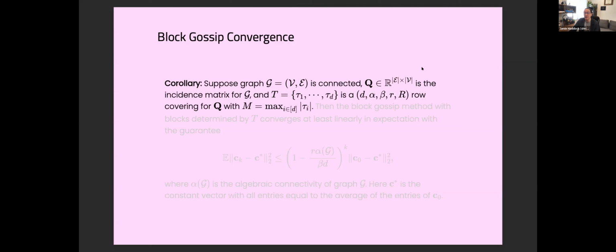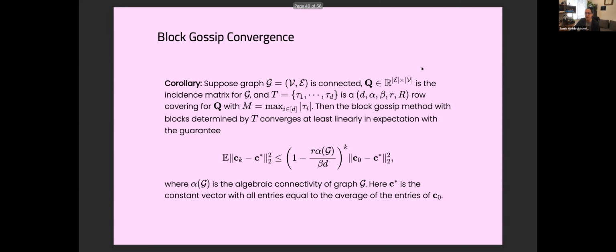All right, so like I said, we just immediately get as a corollary this result. Suppose we have a connected graph, right? We've got our incidence matrix Q, and we have a set of subsets forming a row covering for Q. Here, M is the maximum size of any of the row subsets. When we run the block gossip method with blocks determined by T, this is going to converge at least linearly